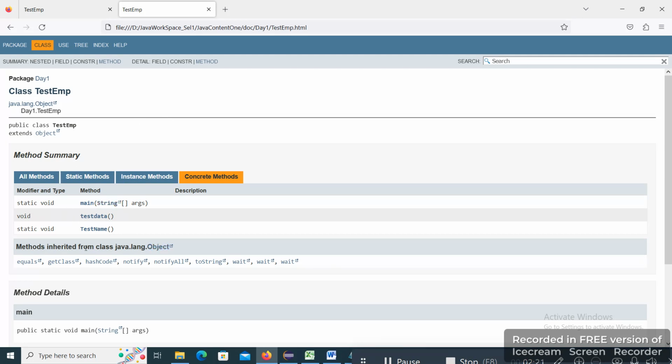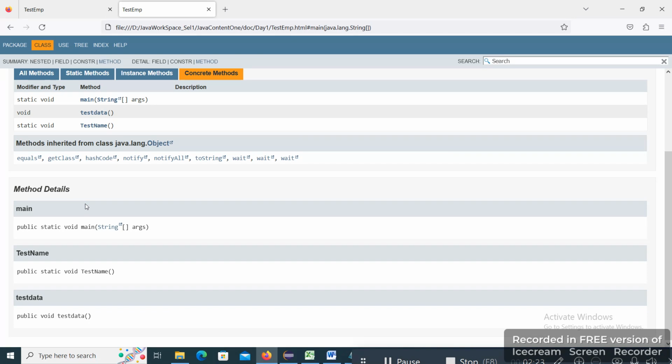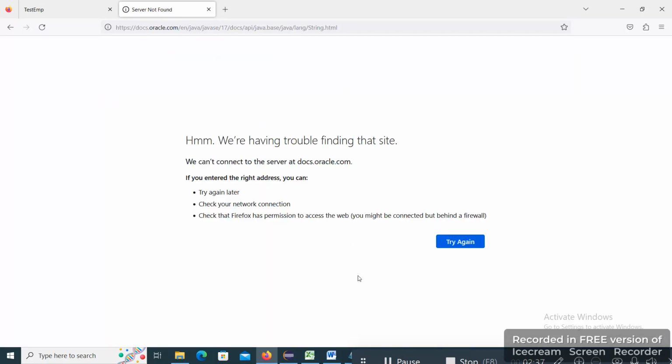If we have used some system defined method and we need to know the exact meaning of that method, what we need to do is click on the method so that it will take us to, for example, here the main method. Fine. So probably internet is not there, and that is the reason this oracle.com site is not getting connected. But in case you are well connected with a network, it will work. It will directly go to the Oracle site and give you the proper explanation of that particular method.